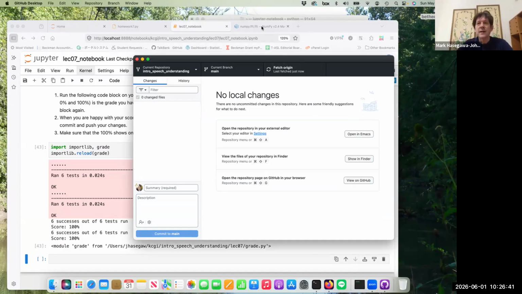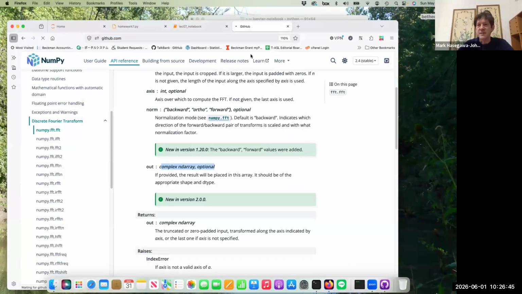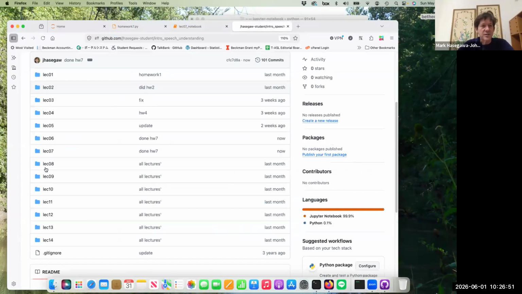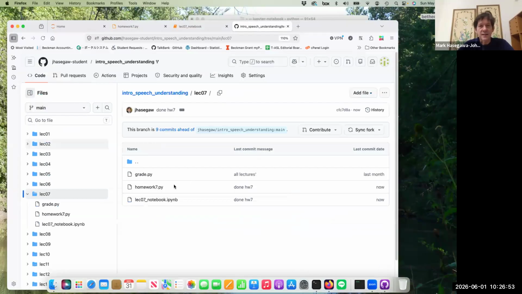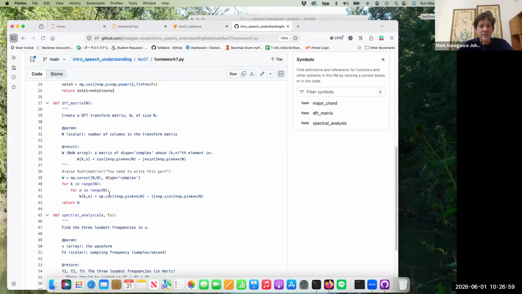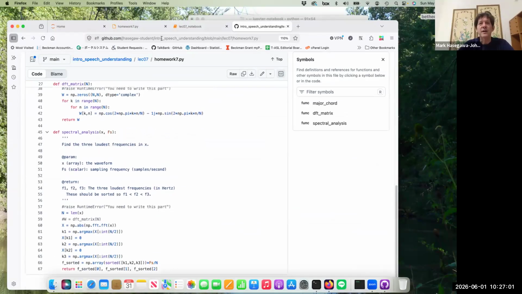All right, now that it's been pushed, let's go to my GitHub. This is my student account and see if it's loaded. Here's the student account. Let's go to Intro Speech Understanding, Lecture 7, Homework 7.py, and we have the major chord, the DFT matrix, and the spectral analysis is all there. So we can copy this and then